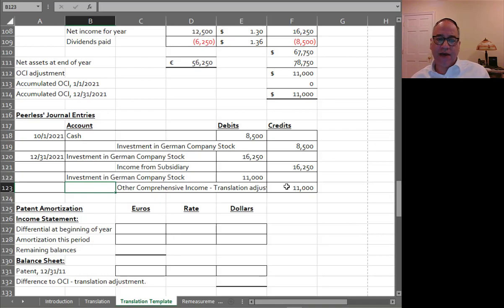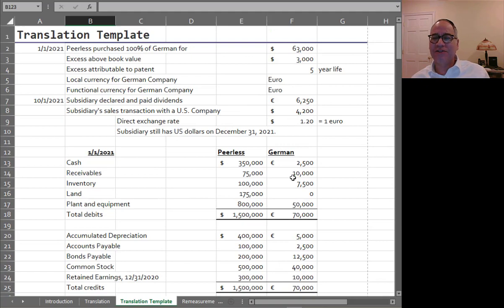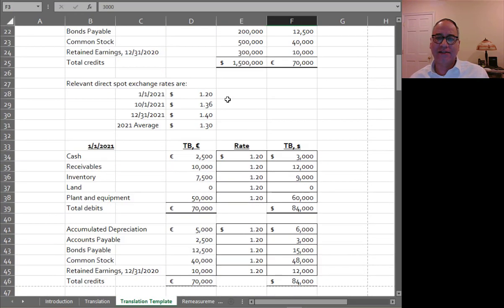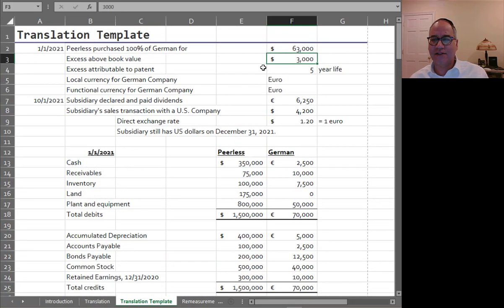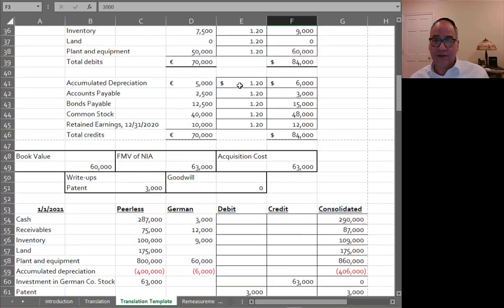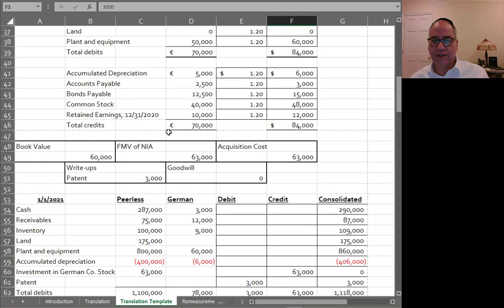Now, there is this matter of the patent amortization. This is where I can usually keep most students involved until this, but this is not hard at all. The patent has a $3,000 value, but the patent doesn't really belong to the parent. It belongs to the sub. Therefore, the functional currency of the patent is not the dollar, and it's not fair to write this in dollars. It's really the euro. So the patent is worth whatever it is in euros, not what it's worth in dollars,